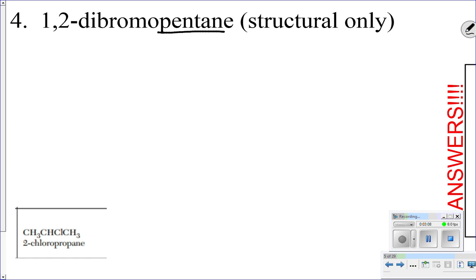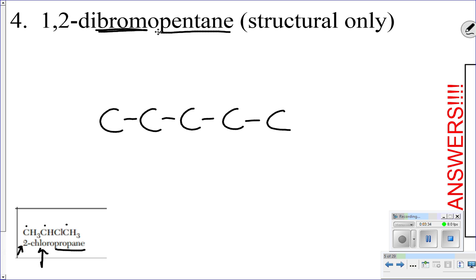1,2-dibromopentane. We're going to start with a pentane chain. This "dibromo" right here tells me that this is going to be one of my halides. In my halide example, I have 2-chloropropane. Propane indicates that we have 3 carbons in this molecule. The "chloro" is telling me what that halogen is. The 2 is telling me where it's attached. So I'm going to draw